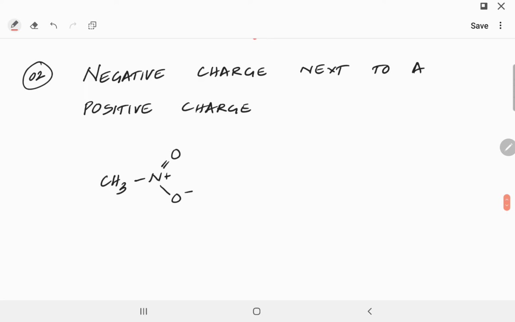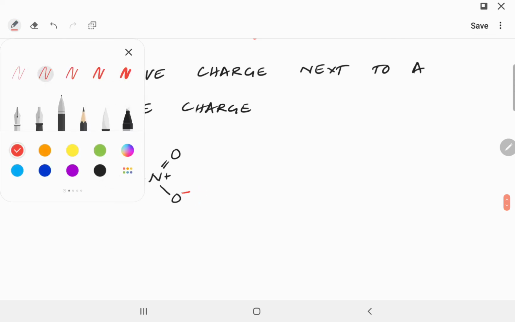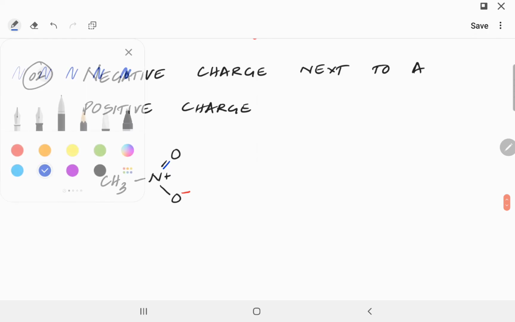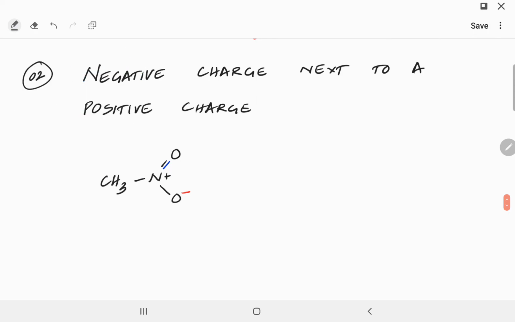In here I have a negative charge next to a positive charge. Let's see how to do this. I'm going to make a small change to this structure. I'm going to color code my non-bonding and pi electrons. So I'm going to use, let's say, blue color for my pi. All right, so I just color coded my pi bonds and non-bonding electrons so that you can visualize the electron